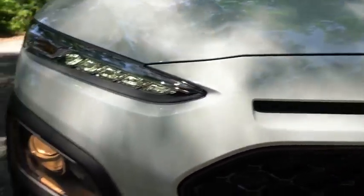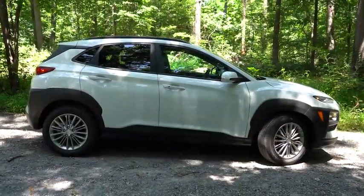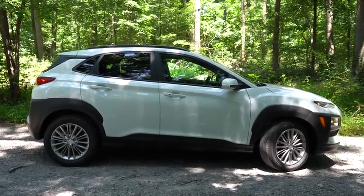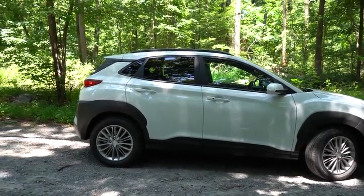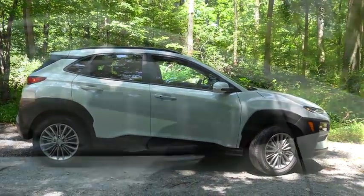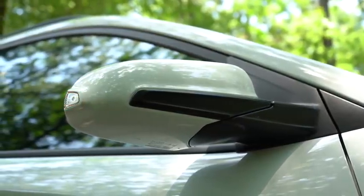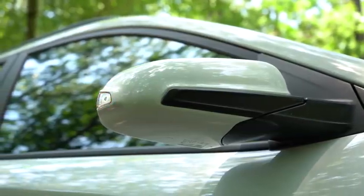But let's now go ahead and make our way to the side of the Kona here. And so to start, roof rails do come standard with the SEL trim level and up. Rear privacy glass once again with the SEL trim level and up. Black window surrounds coming standard across the board. If you guys look towards the back, there is that floating roof line. Definitely a nice design element there. Body colored power adjustable side mirrors do come standard. They will also be heated for the SEL trim level and up. And again, for the SEL trim level and up, they will come with LED integrated turn signals as well, so